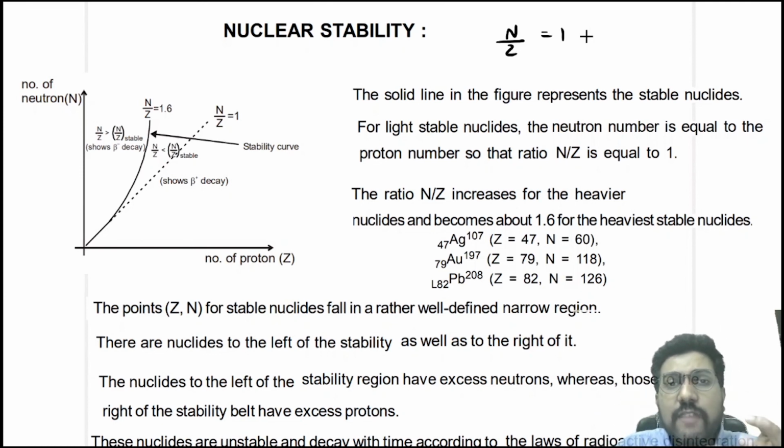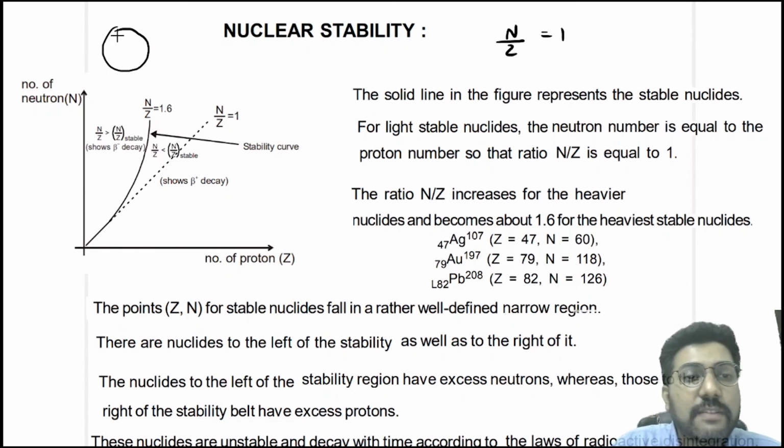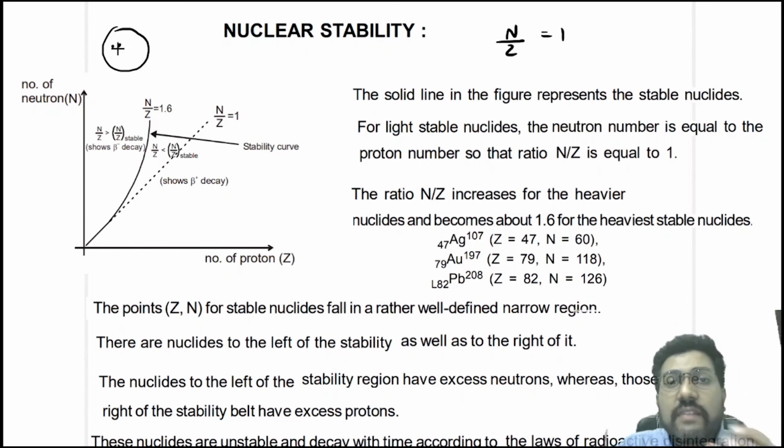Now the N by Z value should not be very high either, because you know that the space inside the nucleus is fixed. If the space inside the nucleus is fixed, that means two nucleons cannot have a distance smaller than 0.7 femtometer. Why? Because for less than 0.7 femtometer distance, this is an approximate value, the force becomes repulsive. You do not want the nuclear force to become repulsive, because the nuclear force is supposed to be attractive. Only then can the nucleus remain stable. So that is why the value of N required is more than the number of protons. The N has to be more than Z for a heavier nucleus, but it should not be excessively more.